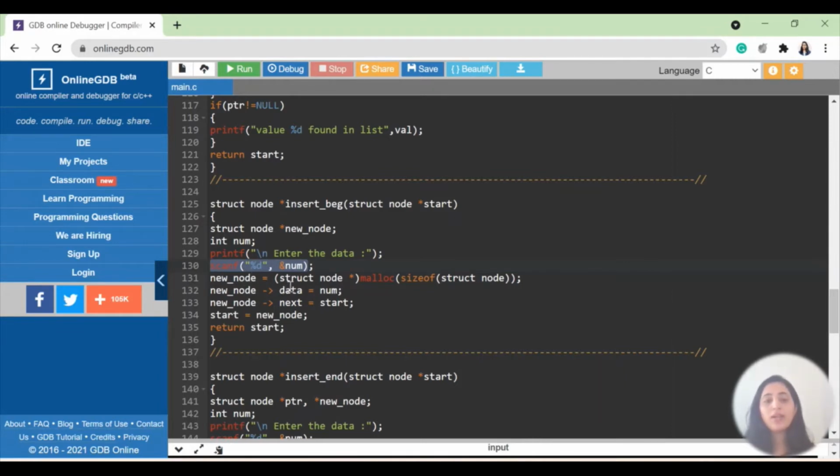So 40 is stored in the variable called num in this particular line. Now this num is holding the value 40. Now I'm declaring a variable new node. New node is already declared, but I will allocate the space for it using this malloc operation. So this line will allocate space for me to accommodate the values inside the new node. After allocating, I'm putting new node dot data is equal to num. That means the new node data is having value 40.